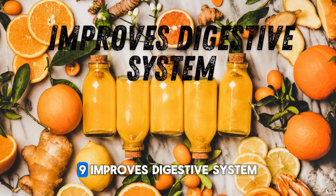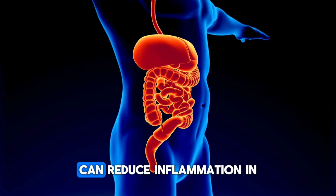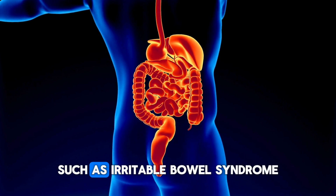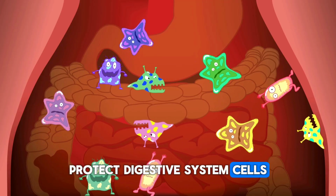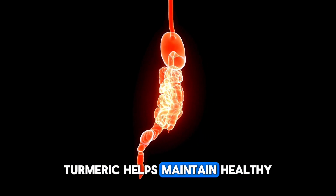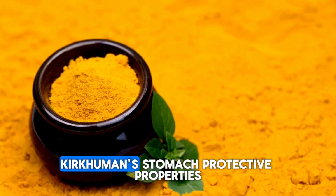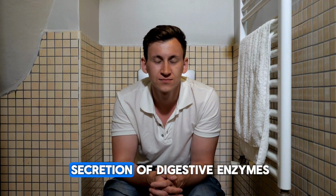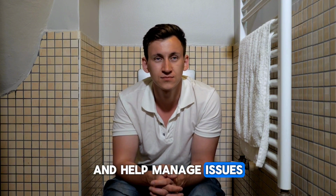joint health. 9. Improves digestive system. Curcumin's strong anti-inflammatory effects can reduce inflammation in the digestive system, alleviating symptoms of conditions such as irritable bowel syndrome. Its antioxidant properties protect digestive system cells from the harmful effects of free radicals. By improving gut health, turmeric helps maintain healthy bacterial flora and regulates digestive processes. Curcumin's stomach protective properties can help alleviate stomach ulcers. It can promote the secretion of digestive enzymes, ensuring better digestion of nutrients, and help manage issues such as constipation